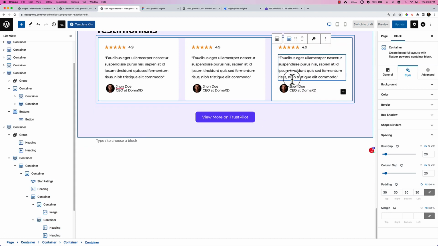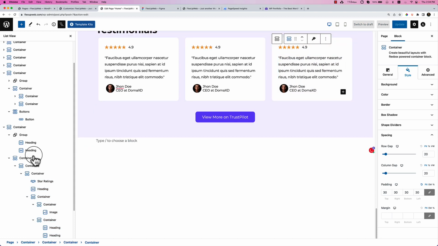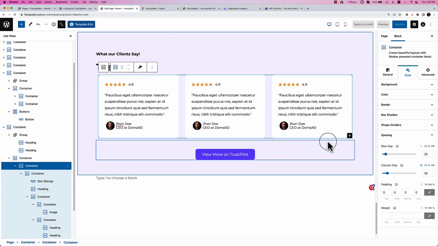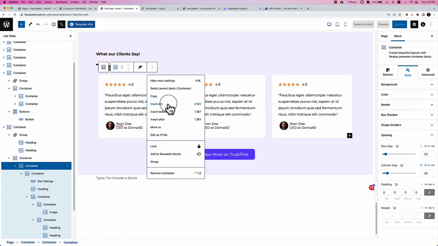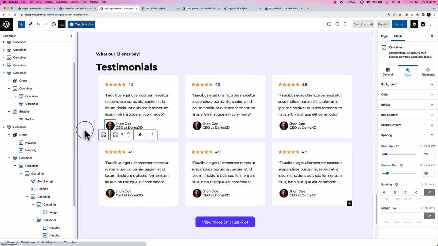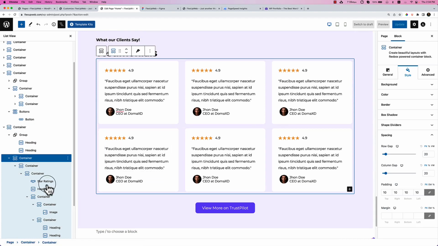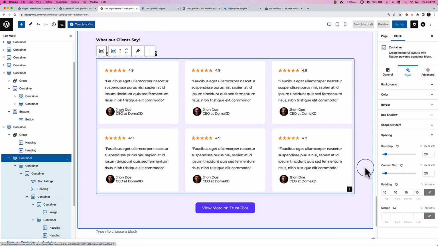Now we have completed our testimonial section. The last thing is I'm going to duplicate this container. So we are done. Just need a little bit of spacing inside the